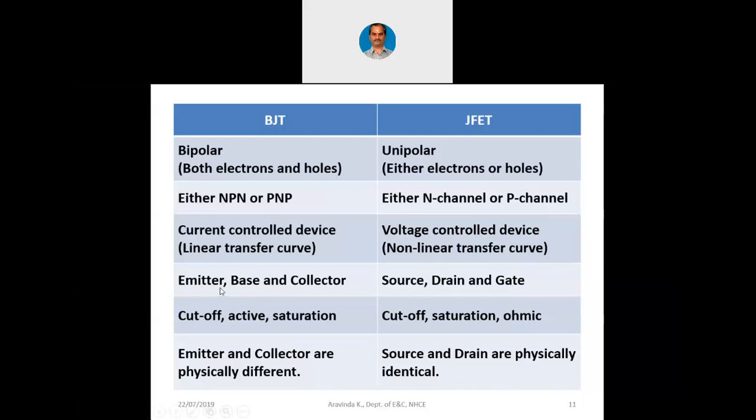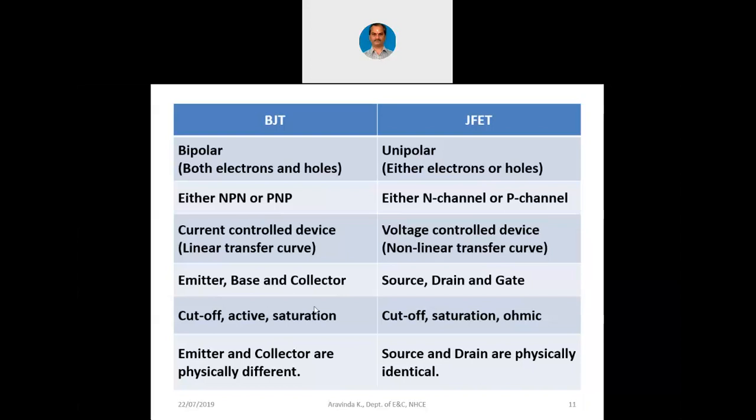That is why you saw that parabolic change in the pinch-off voltage. In BJT, we use the terminologies emitter, base and collector, because emitter emits electrons and collector collects electrons. In JFET, it is called source, drain and gate, because source sources electrons and drain drains out the electrons. Both mean the same. Emitter, collector, source, drain, all mean the same. But the scientists who invented these devices were two different teams who did not know each other at all at that time.